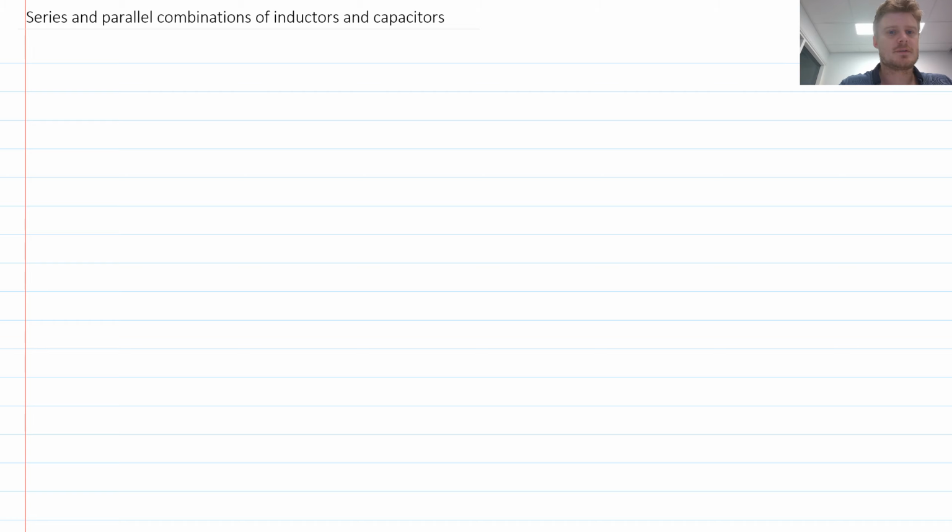Suppose that I have two inductors which are connected in series. So I have an inductance L1 and an inductance L2. And I would like to know what is the equivalent inductance of this network. So a little bit of intuition here, what you should think to yourself, your little thought bubble,